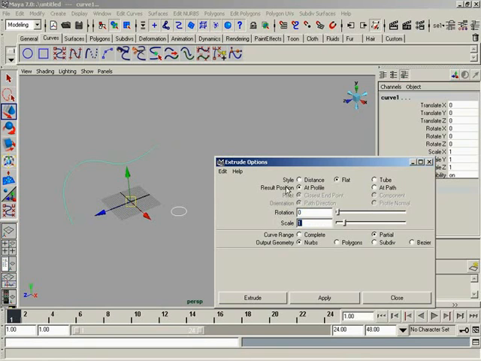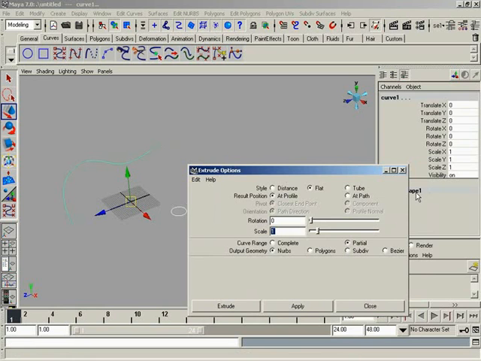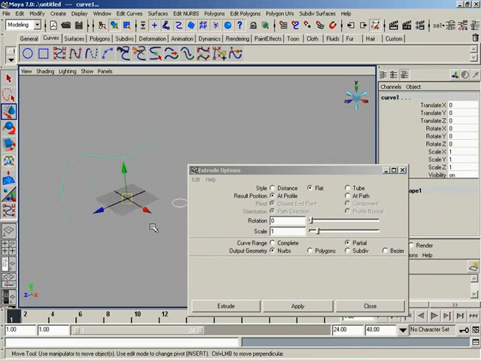You can control the result position, whether it's going to be at the location of the profile curve, in this case the circle, or the location of the path, the curve that we drew over here. This is the only option that you can't really adjust after the fact in your node. So get this one right when you do it. We'll go ahead and leave it at profile, meaning that our extrusion will pop out of the profile like so,